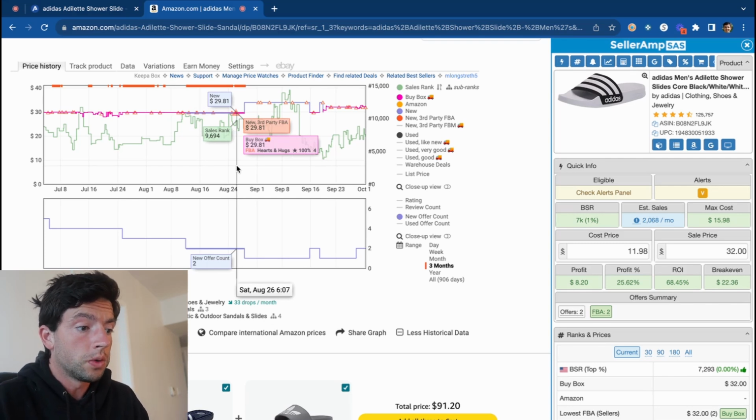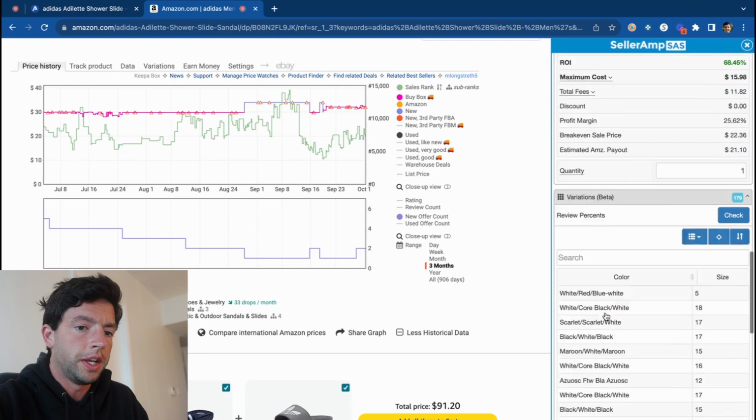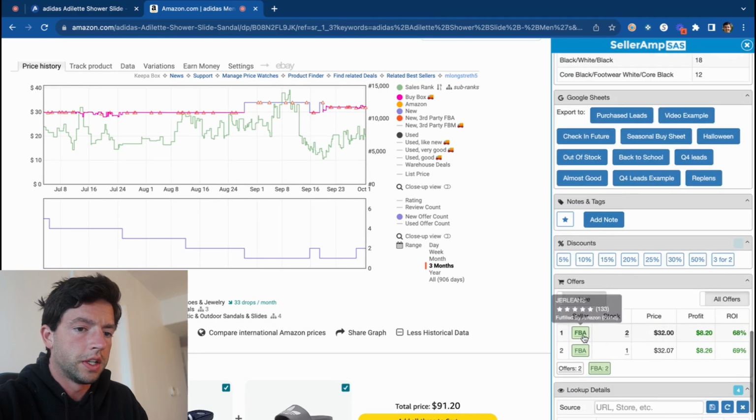So reverse sourcing is the most simple method for beginners, right? It's the process of looking inside the storefronts of other sellers. We can see on this product, for example, there's only 2 FBA offers, so we scroll down right here, and all we have to do to look inside the storefronts of other sellers is hop down here and click